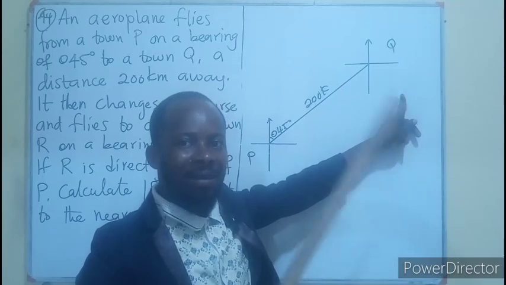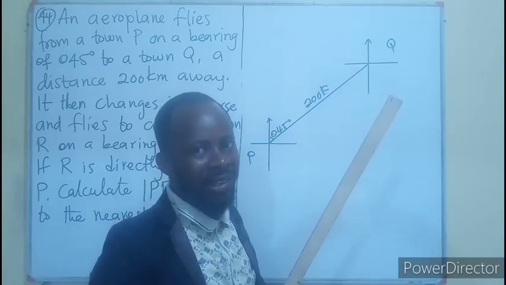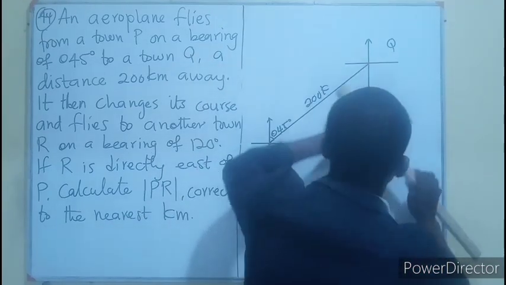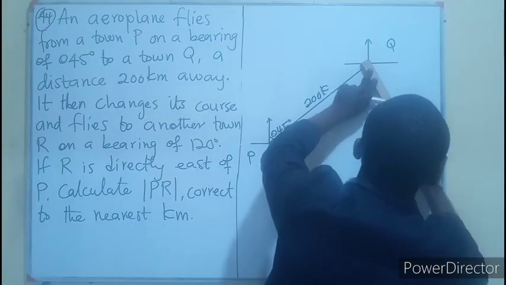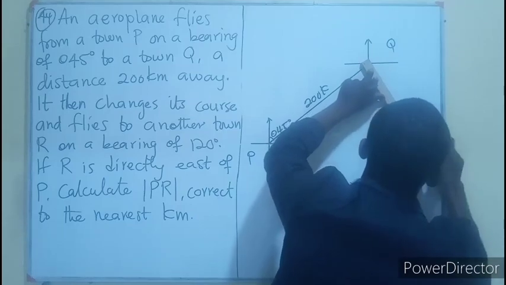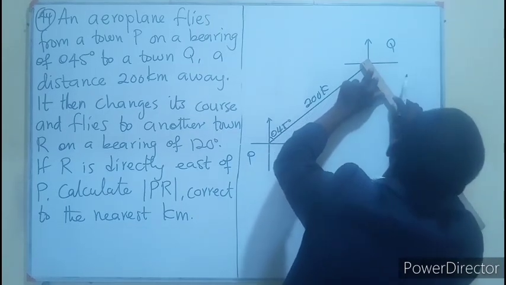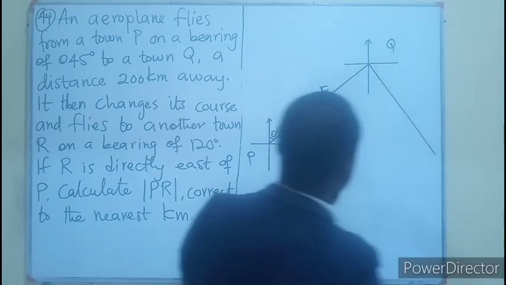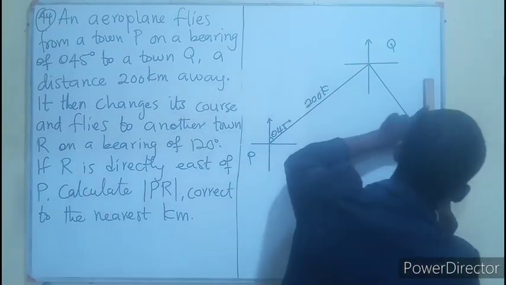So we need to add a certain degree to 90 to get 120, and that will be what? 30. So I'll be taking a 30 degree, then